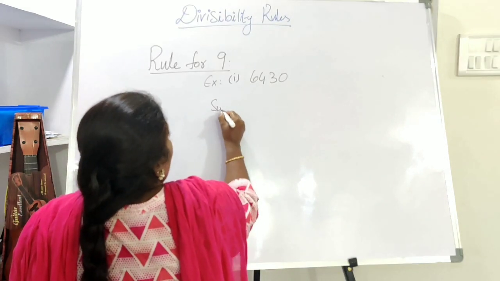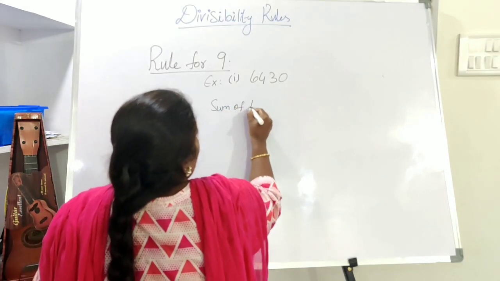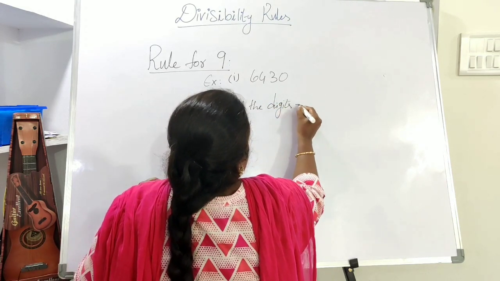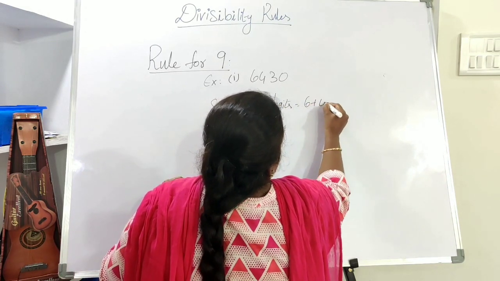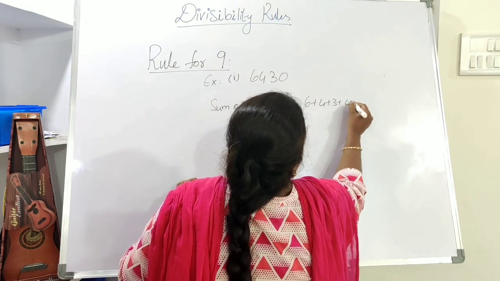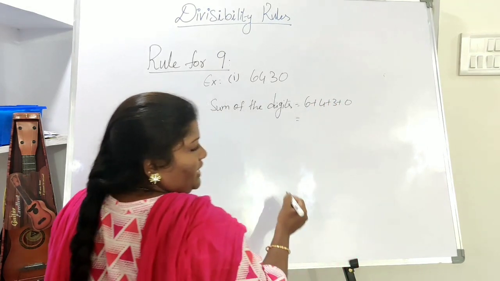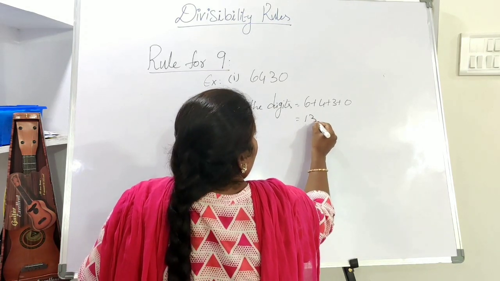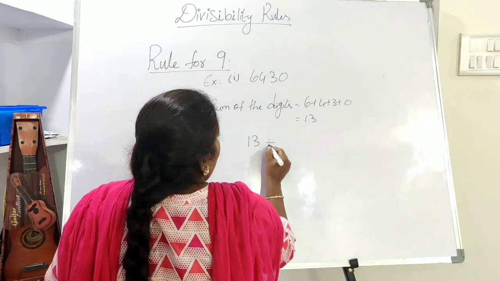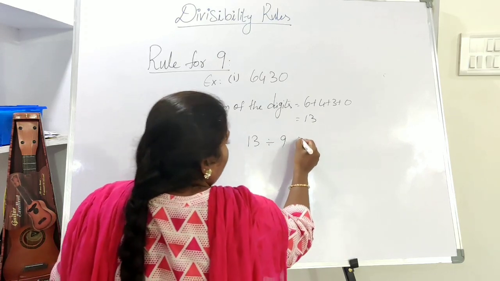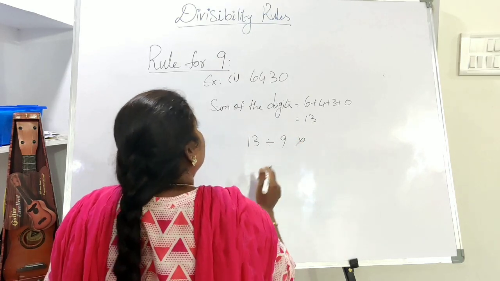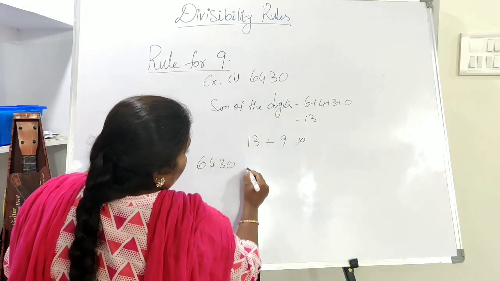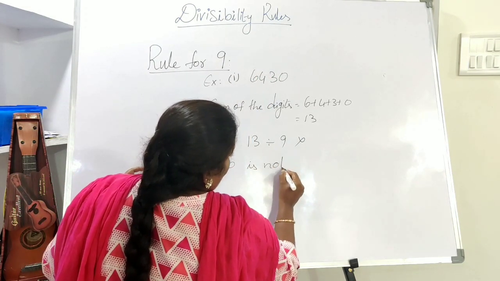Now the sum of the digits is 6 plus 4 plus 3 plus 0. So 6 plus 4 is 10, 10 plus 3 is 13, 13 plus 0 is 13. Is 13 divisible by 9? No, it's not divisible. So the number is not divisible